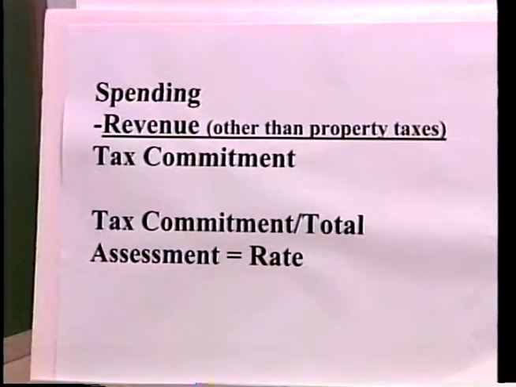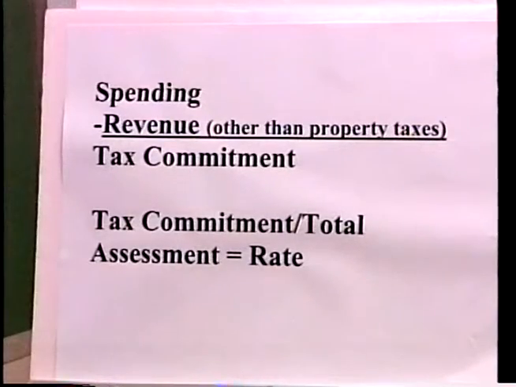Assessments, as you can see, is the number which has to be divided into the tax commitment to set the rate. Assessments by law, and pardon me if I read a little here, but I want to read from Chapter 75 of the state law. The selectmen shall appraise all taxable property at its market value. Market value means the property's full and true value, as the same would be appraised in payment of a just debt due from a solvent debtor. Now, annually, in accordance with state assessing standards, the assessing agents bring to the selectmen recommendations on what the assessment should be for the town to bring it to market value.